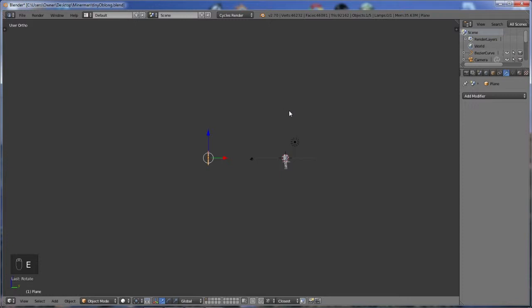We don't want to extrude that. That's not what I'm looking for, but let's hit R. Let's rotate that, and then let's pull that up just a little bit. Let's hit S to scale that up. Let's come in here. Let's add